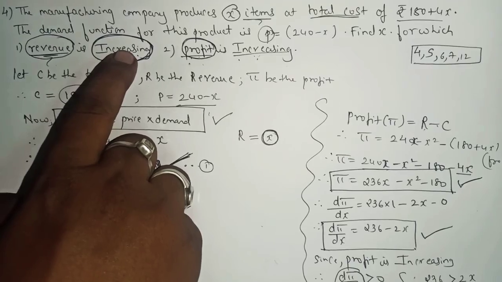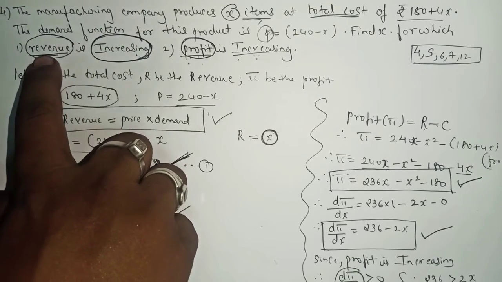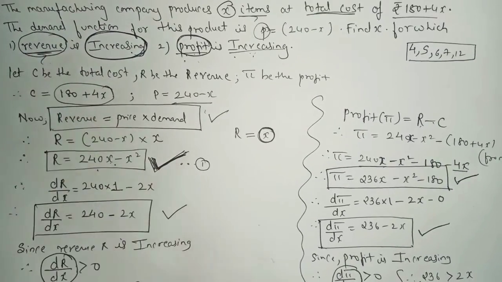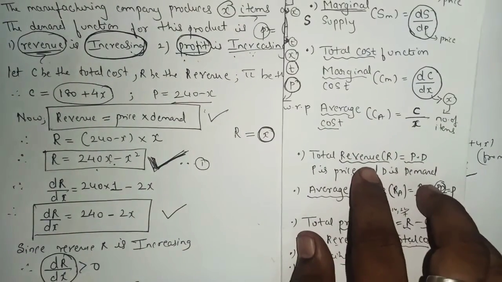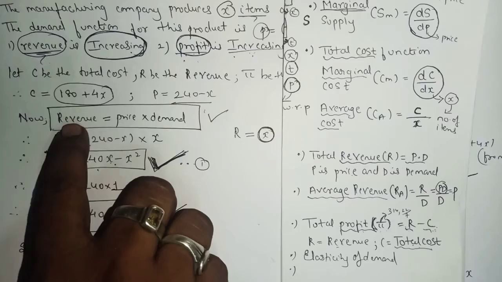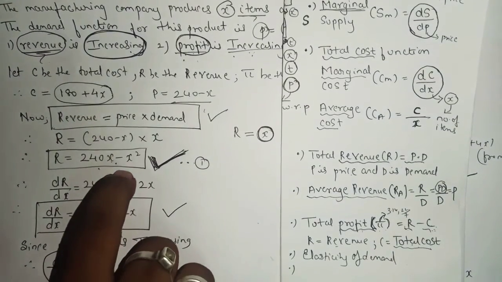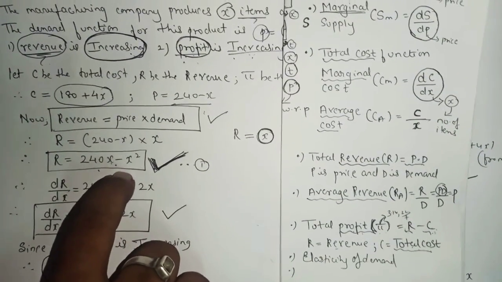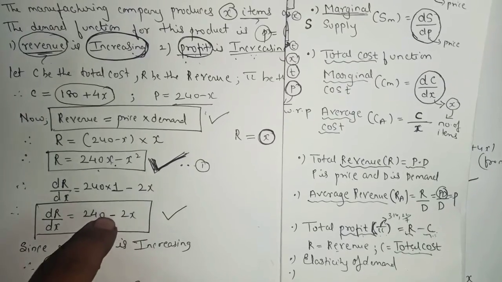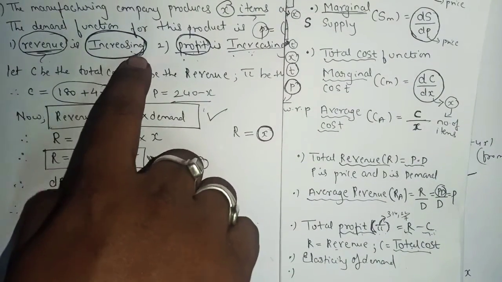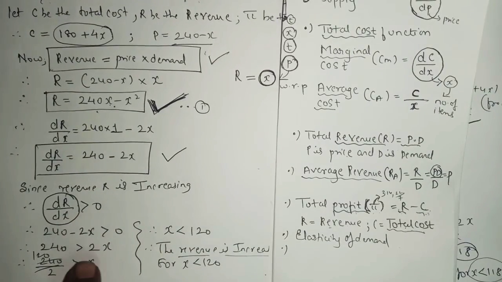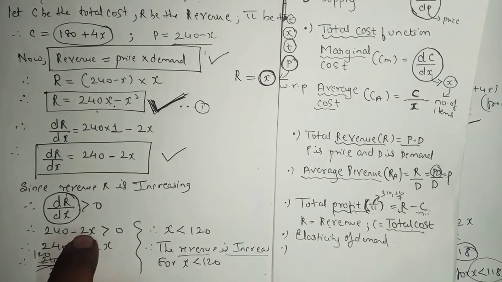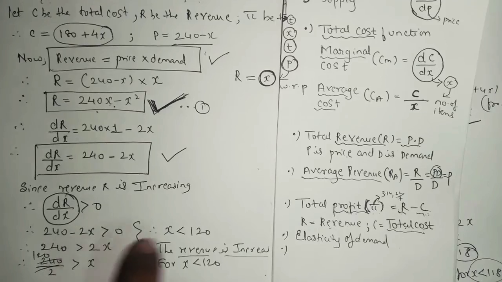Revenue is increasing, so first you will find the derivative of revenue. But for this exercise, as I told, there is one formula to find the revenue. So we'll apply the formula first, then you'll find the exact revenue, and after that you will find the derivative. Revenue is increasing means what? The first order derivative answer will be greater than 0. To find the answer of any alphabet, make sure to first make the symbol positive and then find the answer.